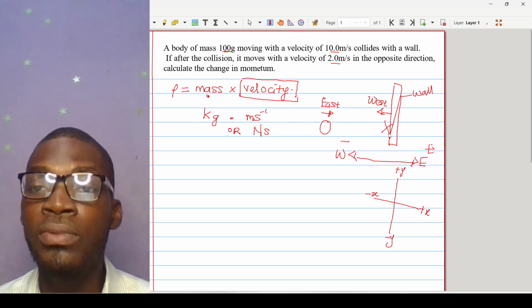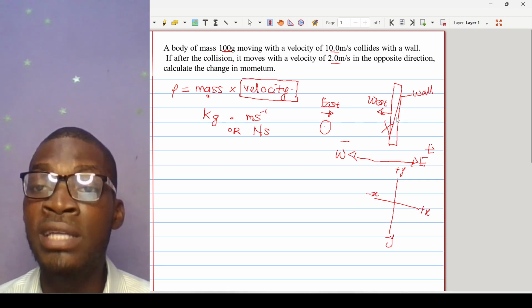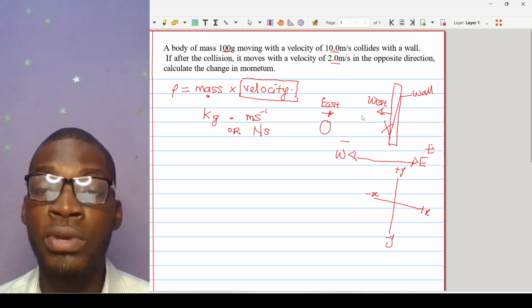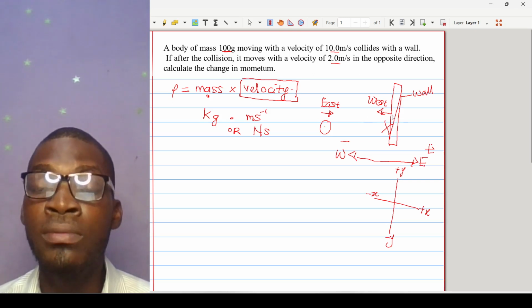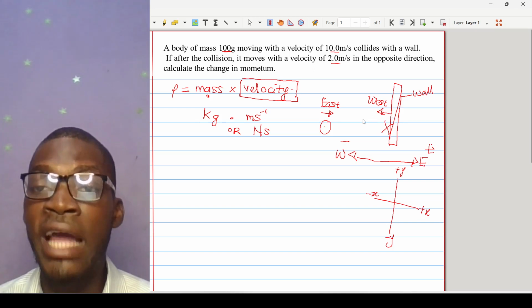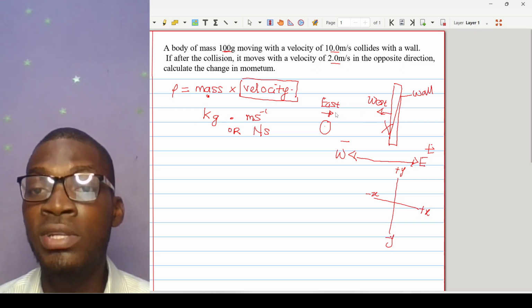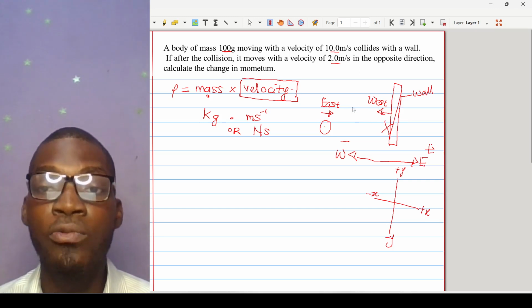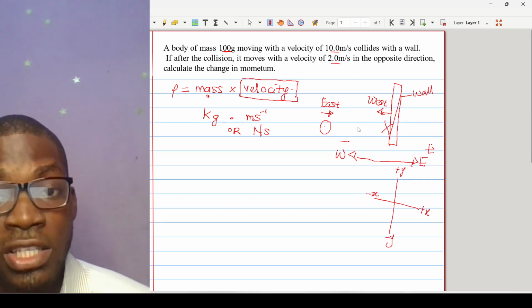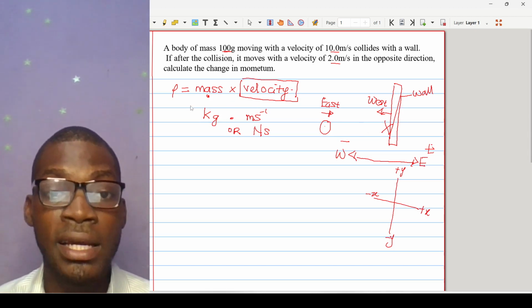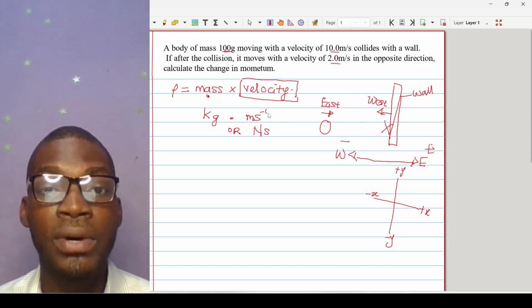When this object collided with this wall, what happened? There was a reaction force. It's that reaction force that caused a change in momentum. The change in momentum was a change in magnitude and also a change in direction, because something that was going east before started going west. So it's that quantity of change that they want you to find